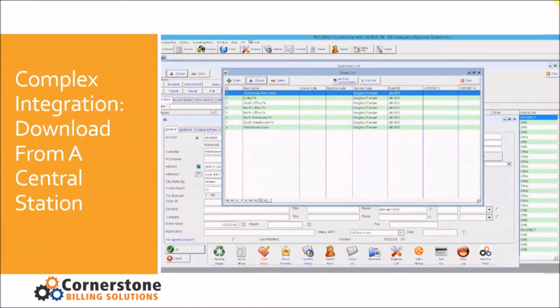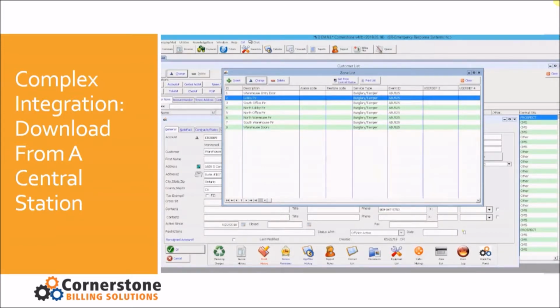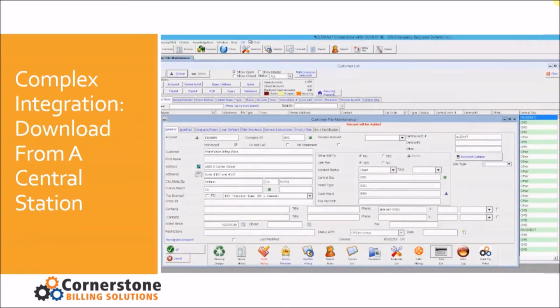Why is it important? Truly, with integrations to a central station, you're going to have everything in one place. You have all of the technical details about the system as we showed you here. And the other big advantage is if there's a service problem and you need to go out and fix something at the customer location, you can include something like the zone list on a service ticket to make the technician's job easier. They know what they're up against when they go out on that service call.